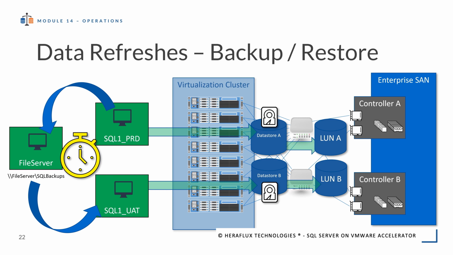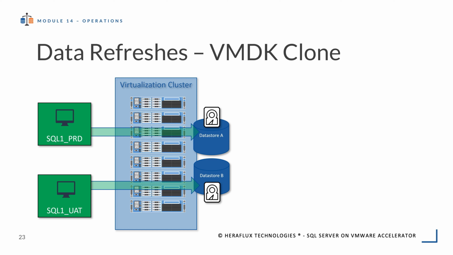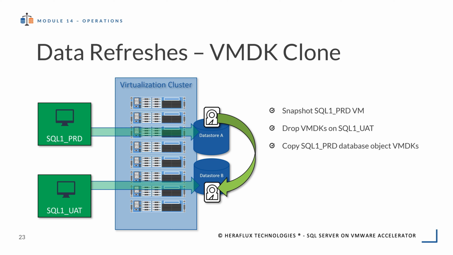There's actually several. The first method is with cloning the virtual disks underneath your production objects and copying them into a location to attach to the pre-production server. A little bit of PowerShell can automate this for you. You take a snapshot of the production virtual machine, copy the virtual disks from the production virtual machine to a location that the pre-production machine can communicate with. Attach those copies of the virtual disks to the pre-production server. Rescan your storage inside Windows, bring the volumes online, and now your databases are ready to attach to the pre-production